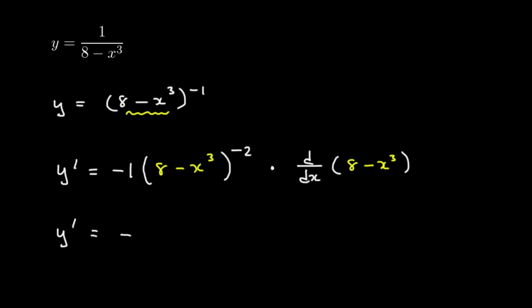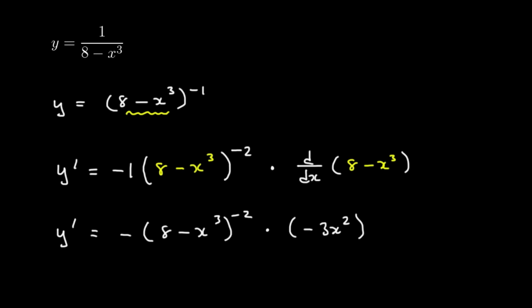So this is a minus in front of 8 minus x cubed to the power of -2, and then we'll multiply this by the derivative of that inside function. The derivative of 8 is 0, and then minus the derivative of x cubed,